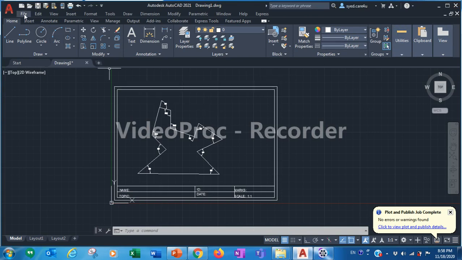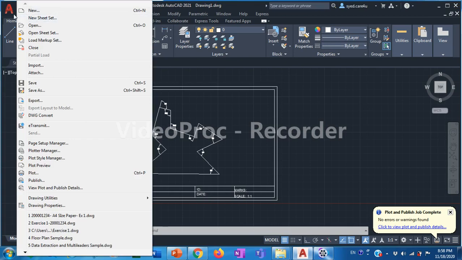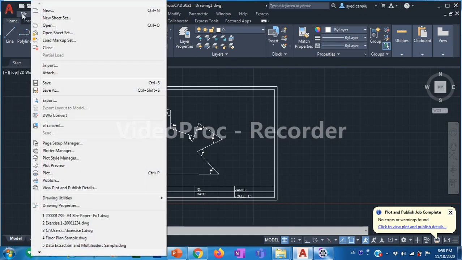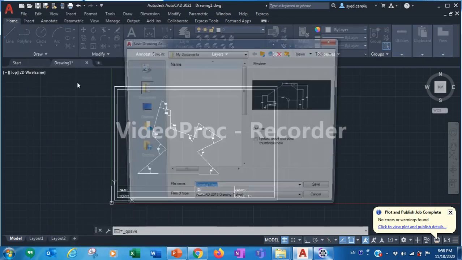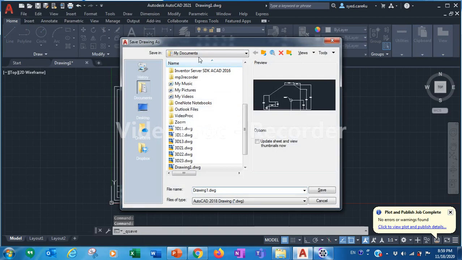So go to file. When you click on the file, it will ask you save as, or first save it. Simply save. So where to save it? You can select anything.